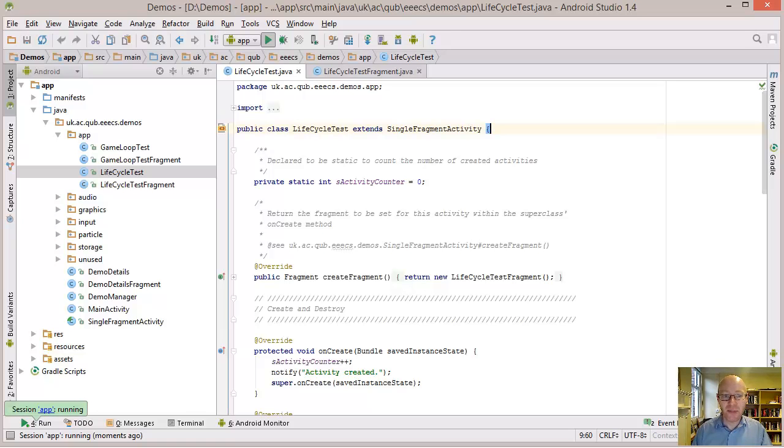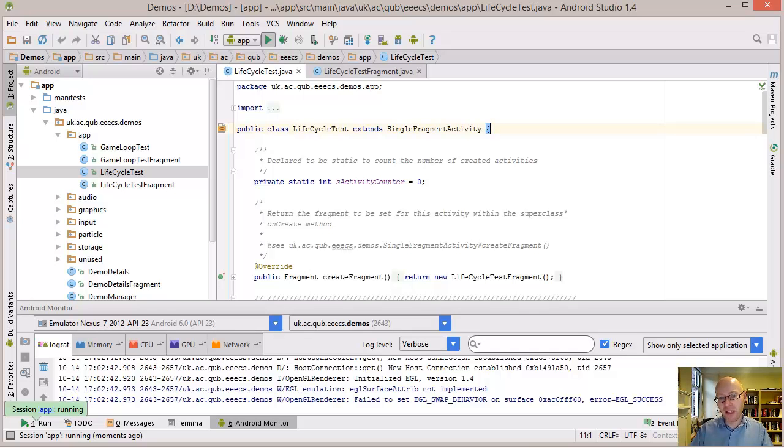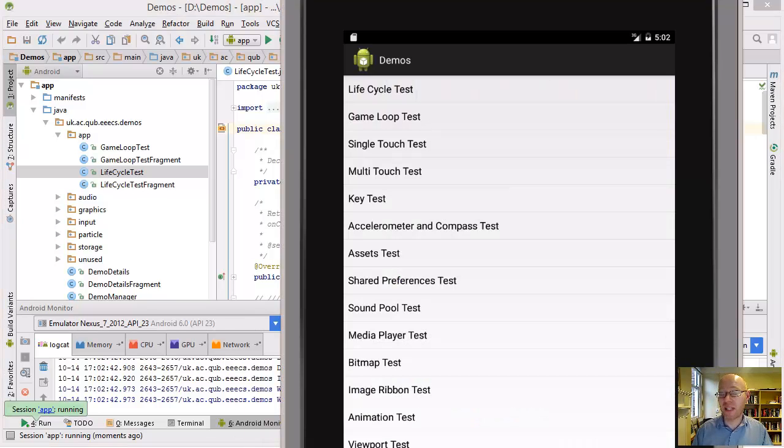Effectively, when this runs it will have an activity that has a fragment, and the fragment is simply going to display a large text view. To that text view, we're going to add some messages telling us what particular state we're in. This is the emulator, visible on the screen. Because I'm going to display a reasonable amount of fine text, I've increased the size of the emulator, so I'm not seeing the whole thing here. But I'm going to click on Lifecycle Test, and that will fire off